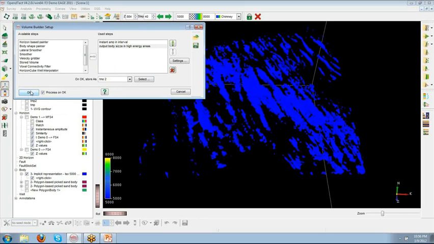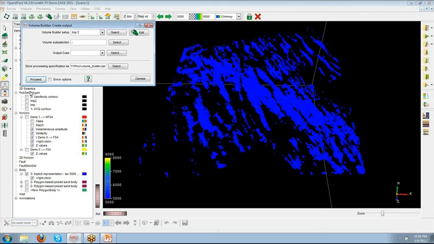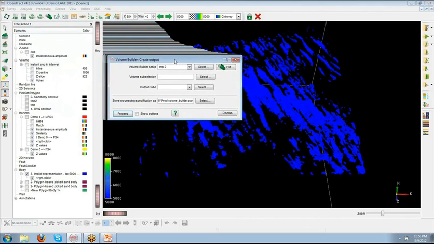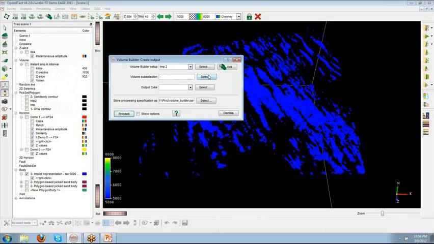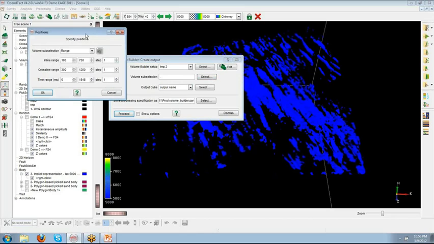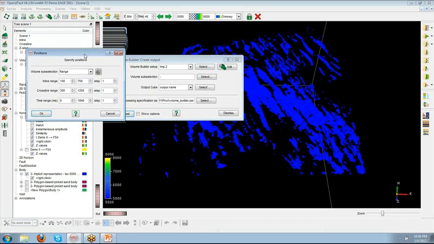Once this is done, we can press the button OK. That will bring us to the batch processing window of the volume builder. And in here, there are two things we need to do. We need to provide an output name for the output volume, and we need to decide very carefully the volume